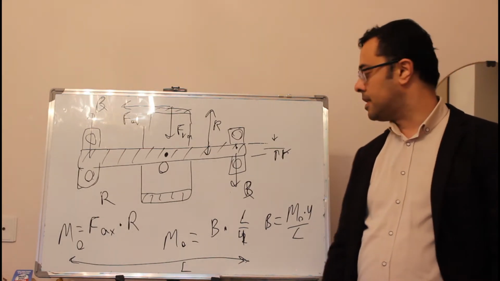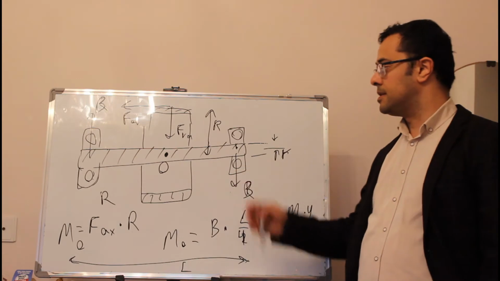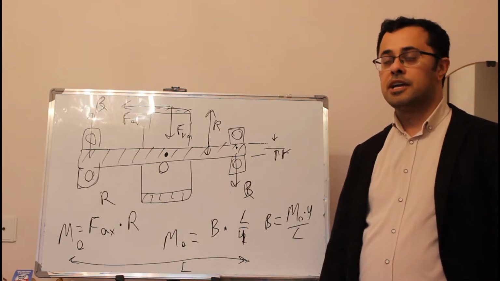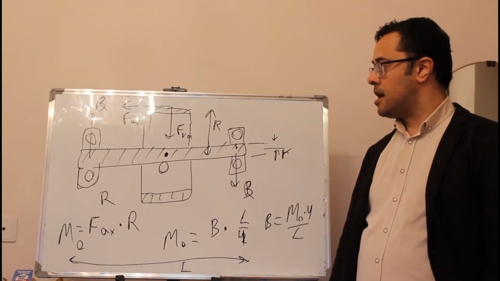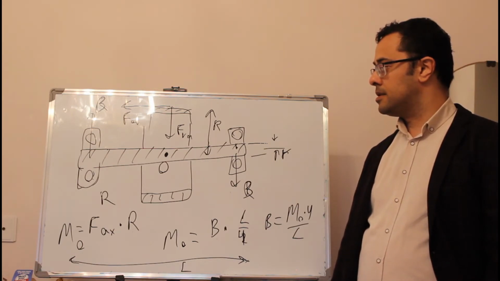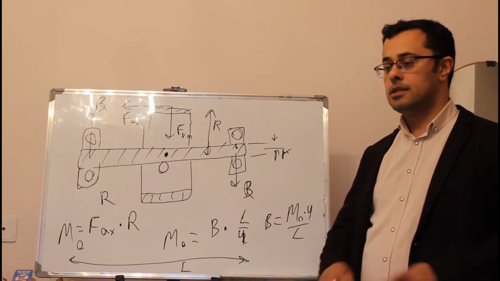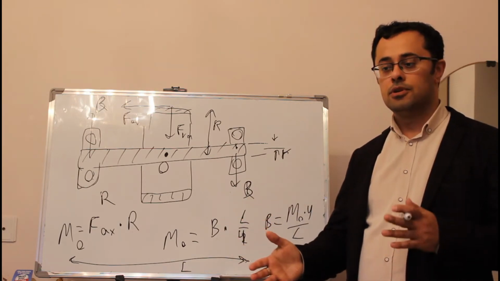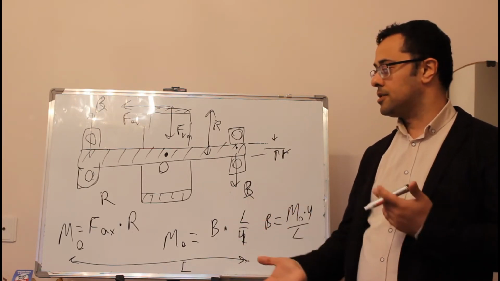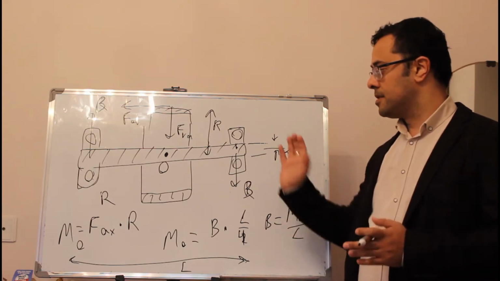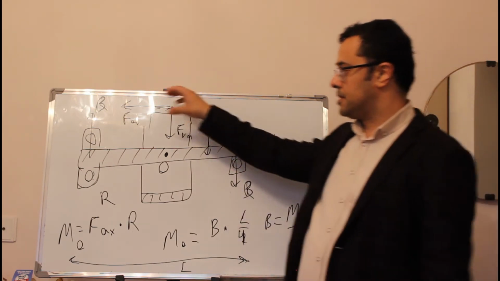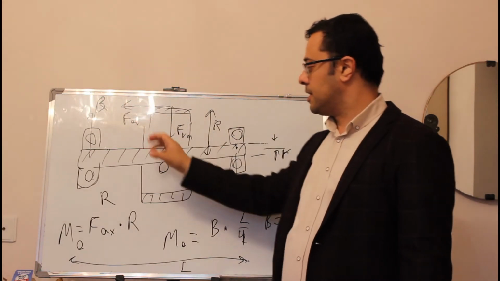That's the moment, that's the forces that this axial force generates on the bearings. And this is generated because the shaft has to counteract this bending. So what happens, you pull it here,